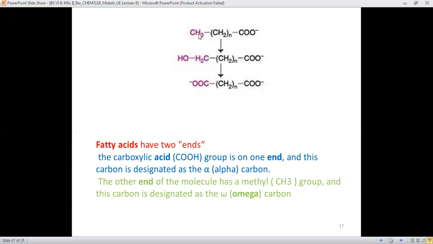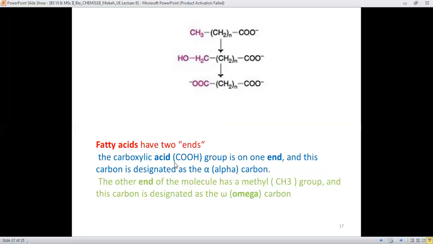The overall reaction may be represented as here, that carbonyl functionality is present, intervening methylenic groups, and the terminal methyl group as the omega fatty acid. First is incorporation of OH, and later on its oxidation into carboxylic acid. And here is a description for you that the